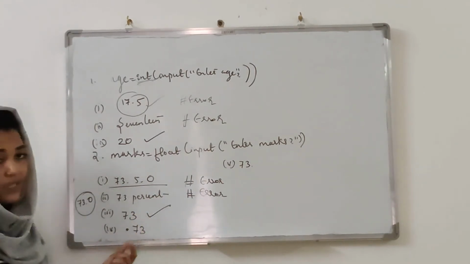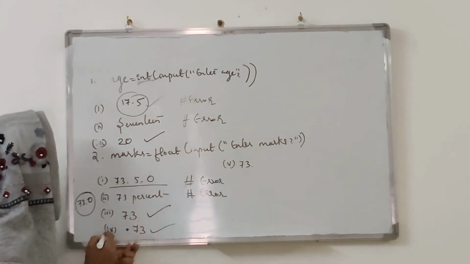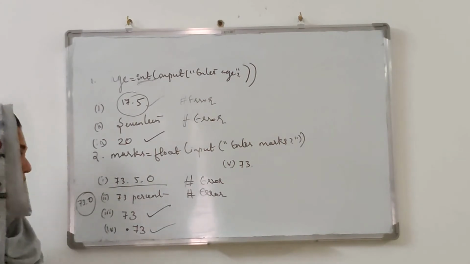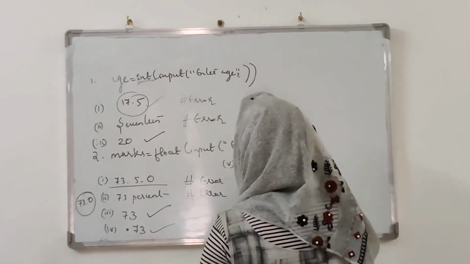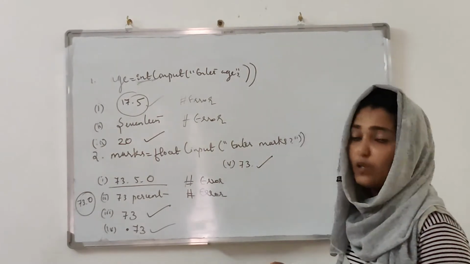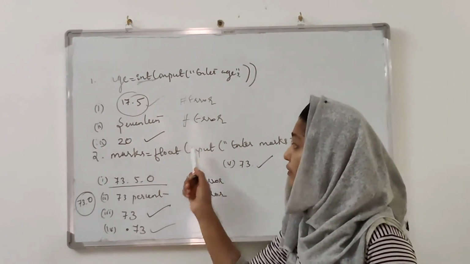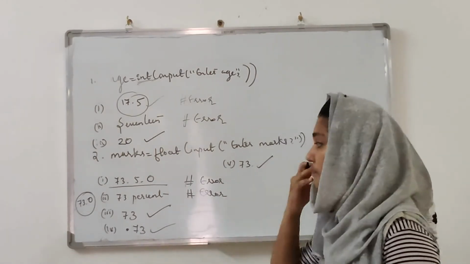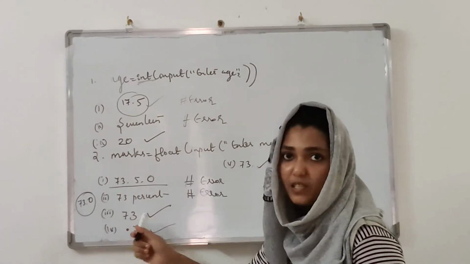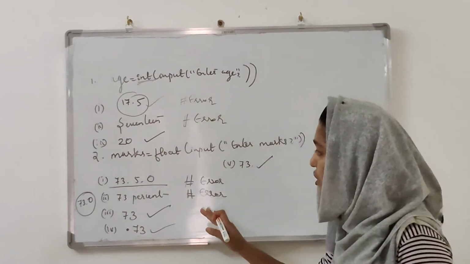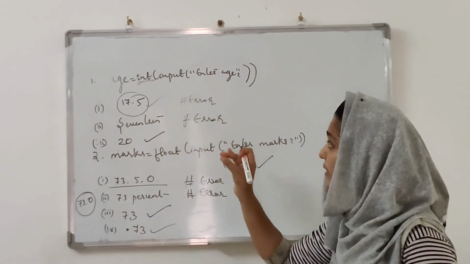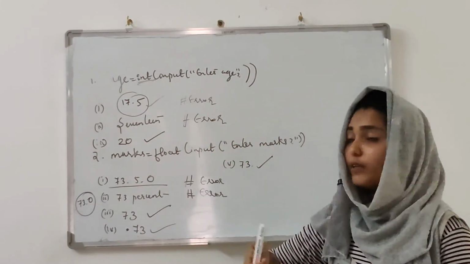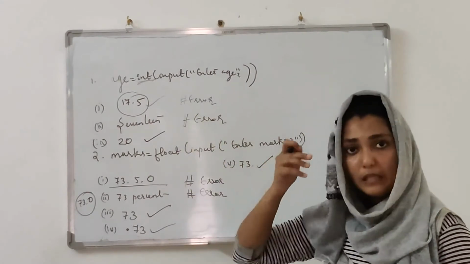But if we use the float function, we can use integer values. Next is 0.73. So that is also correct. Even though we are not using 0, .73 is also correct. And the last one is 73 point. That is also possible. So whenever we are using the float function, this decimal point must be there. Otherwise, it must be an integer. So these are the things to remember while converting the string value to integer or floating point value using which built-in functions? Int and float built-in functions.